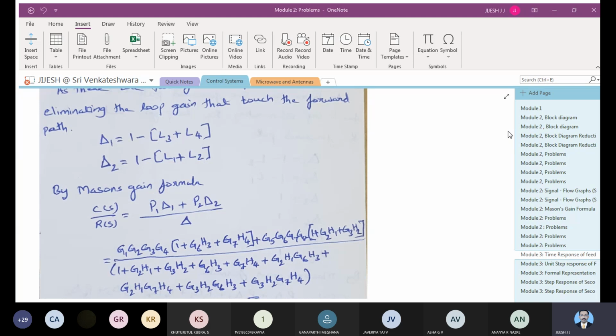All of you have understood till now what a feedback system is, what a control system is, and all those things. We have studied two types of feedback mechanism: positive feedback and negative feedback. Here in this module, we'll be discussing the time response. What do you mean by step function, ramp function, parabolic function? What is the time response of the system with respect to time? We will also be discussing first order systems, second order systems, and all those things. So you can write down the heading, time response of feedback control system.